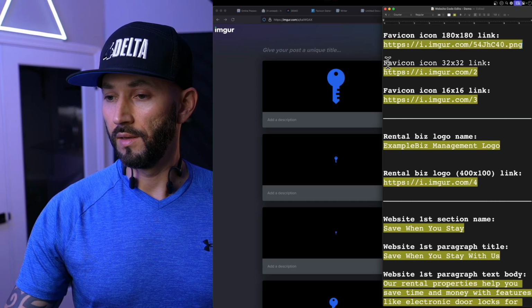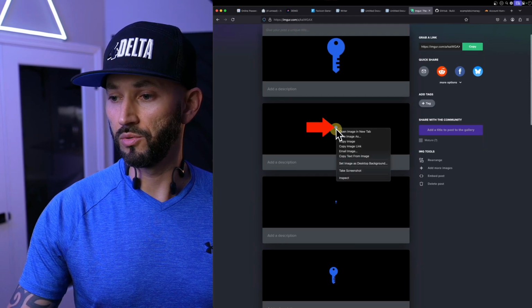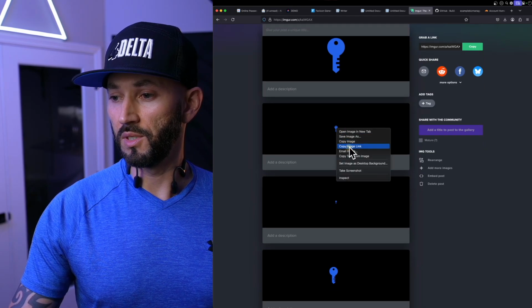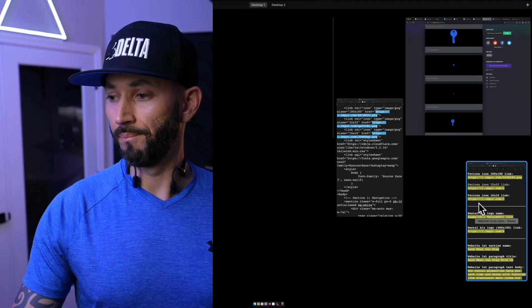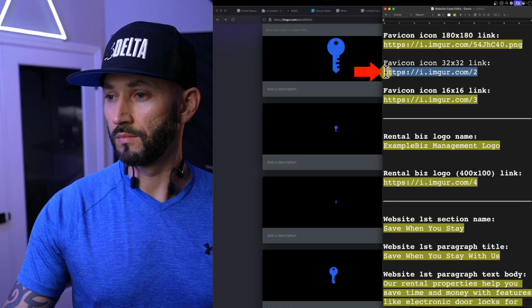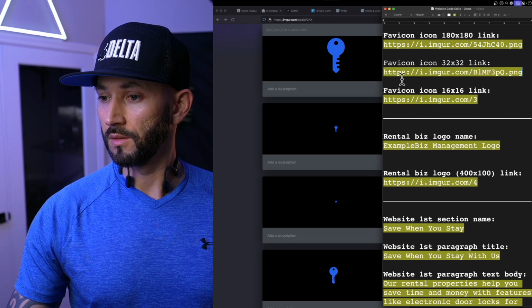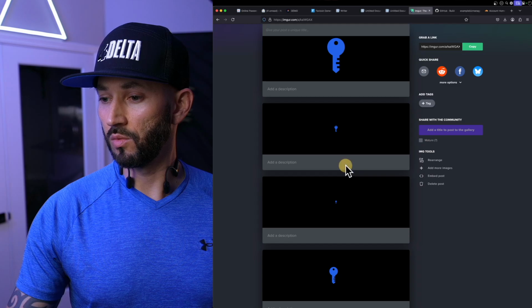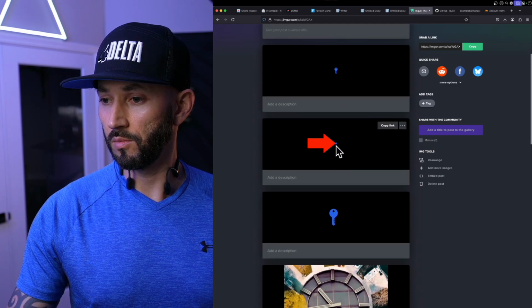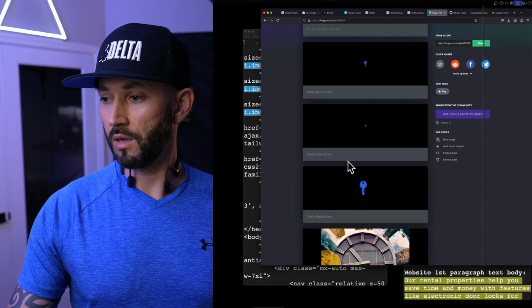Then you go back to that first Favicon, paste, and then now we're going to go down to the second Favicon. Make sure you click right on that little blue guy, copy image link, and then now we're going to go down to this third one, click right on that little blue guy, copy image link,